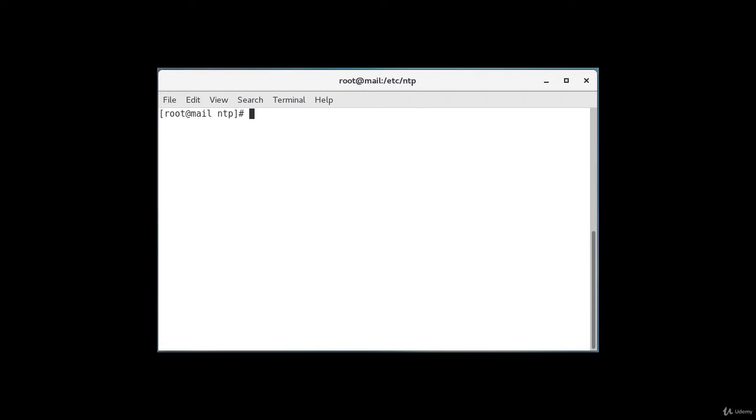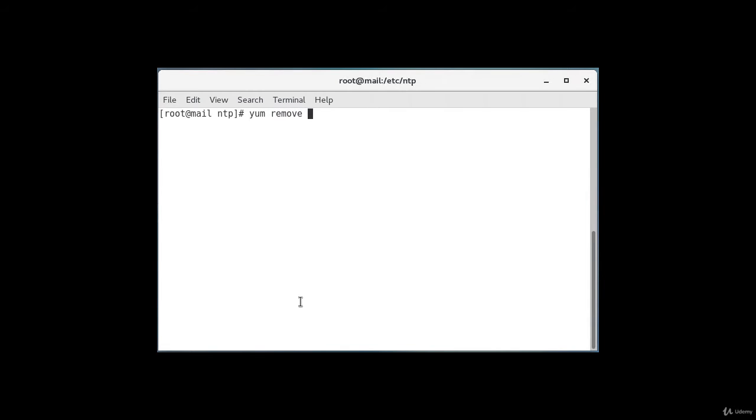Hello students, so one more option that we have beside NTP is to use chrony, which is C-H-R-O-N-Y, and it's also one of the tools that you can configure time synchronization with on a server. One thing you have to make sure about is that you have to remove NTP if it's already running on your system. So in this lecture we are going to do just that, and the way I do it is